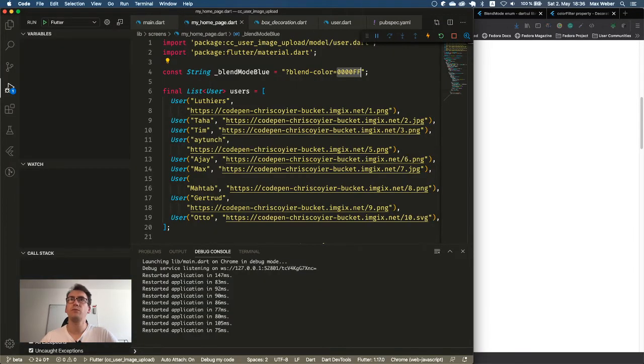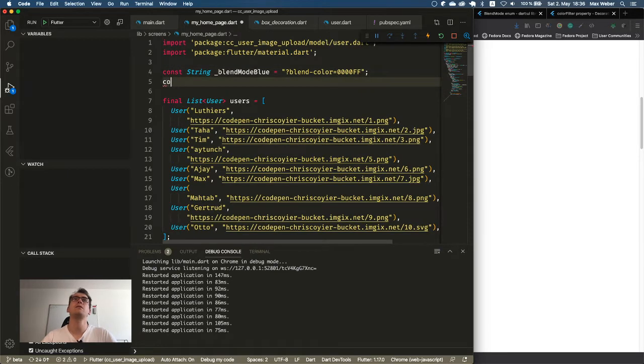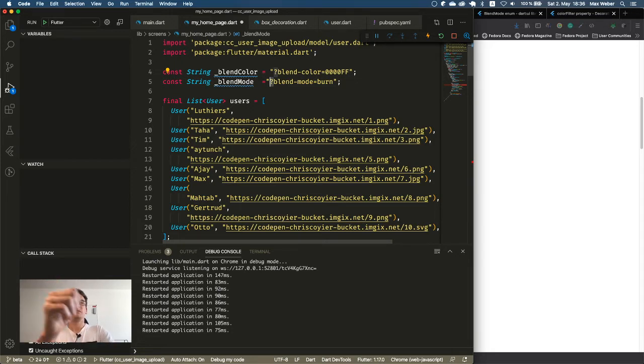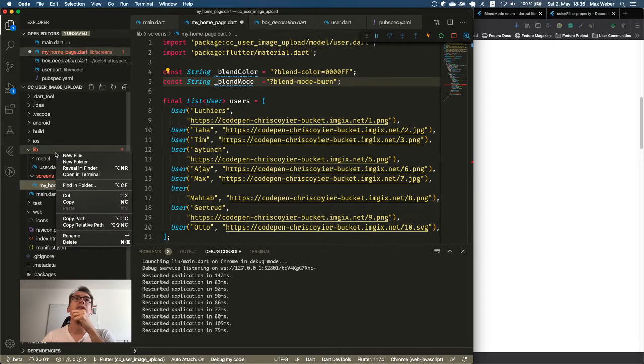So we go back to Visual Studio, we add another const string, which is the blend mode, and this is the blend color, equals to whatever we have here. And now you can already see we have that question mark twice. So we have here parameters. How can we do that in a proper and very efficient way? We want to have different parameters added to our URLs. And I don't want to do that always by hand, and I don't want to change the parameters for every image. So what I will do now is I create a class for that.